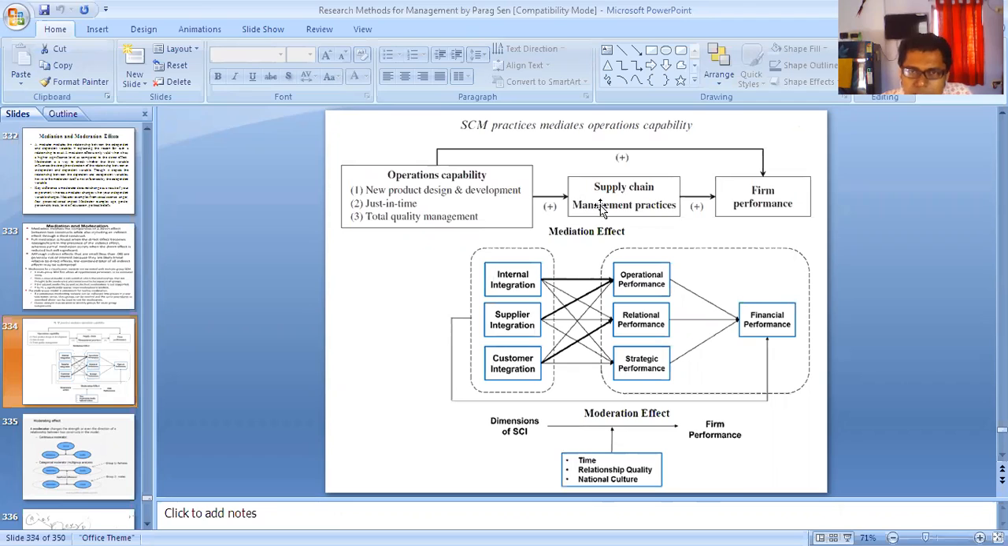The difference is that here you can see that the supply chain is influenced by the operations capability. That means this is the dependent variable, this is the independent variable. But the mediator is influenced by the independent variable. But in this case, moderator